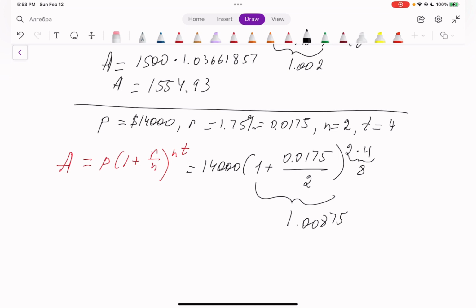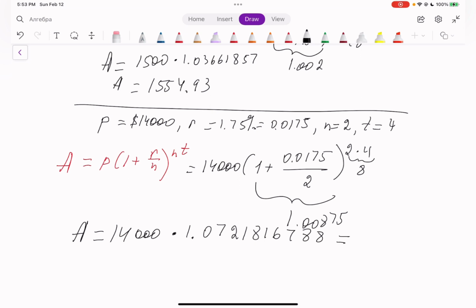And I get 1.07218168. Okay, so times 14,000. And I'm getting